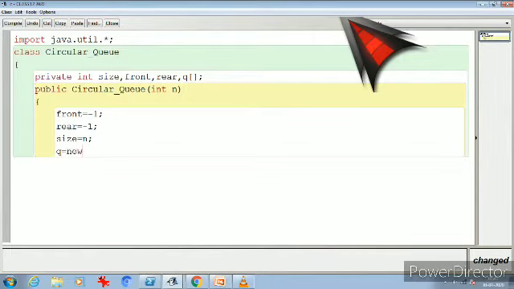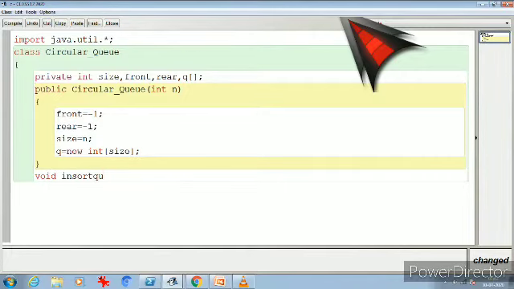Now we will move forward to the programming concept. We will first have void insert q, with a value passed to put inside the array.